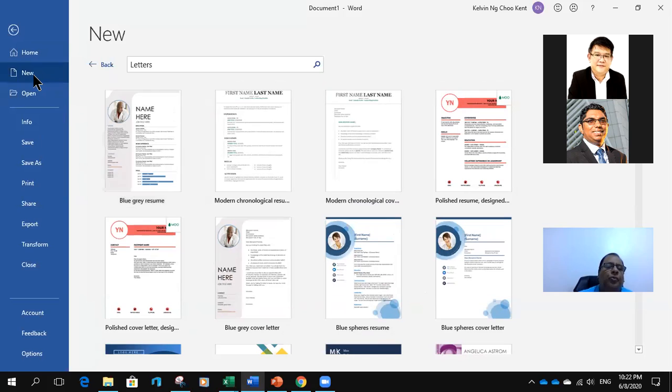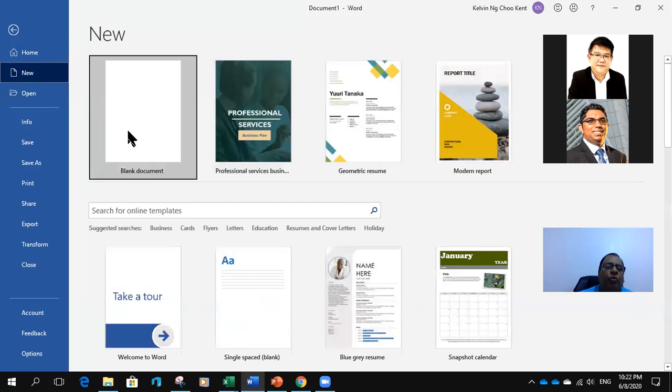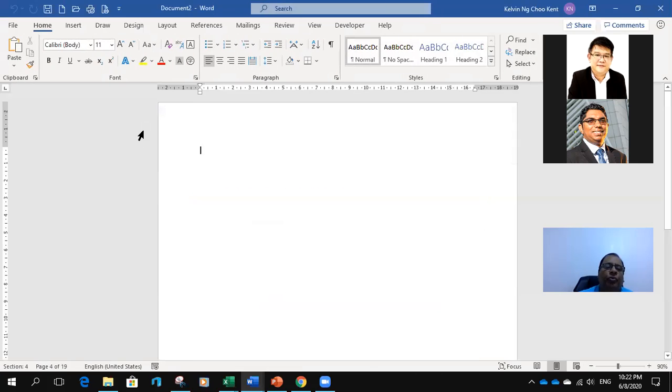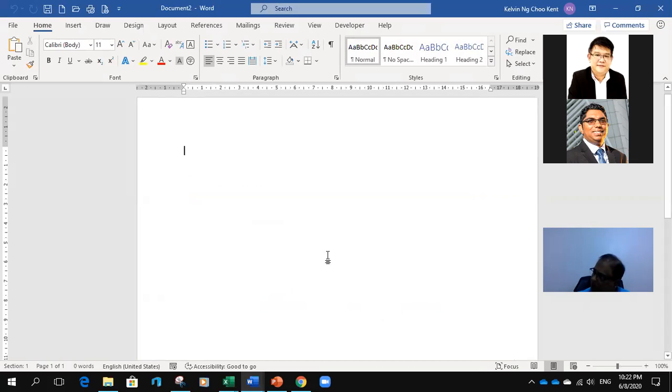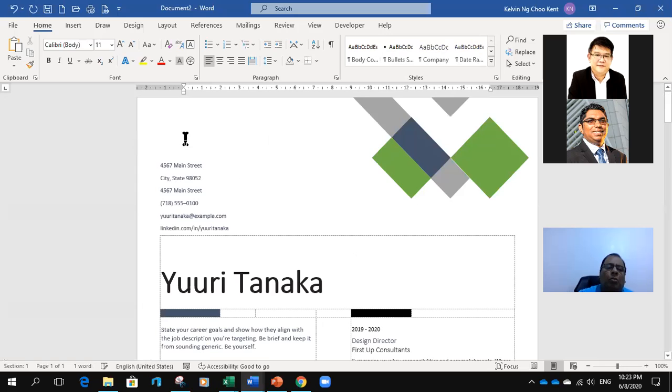But I'm going to click on new blank document for a start. Right. So let's take a look. Now I have a completely blank document at the moment. Now, if I want to bring out a letter, a letter of recommendation, in my Microsoft Word I just type letter of recommendation. I just press enter, my letter is out.